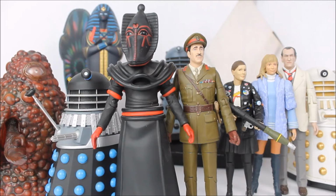Hello everybody and welcome to the 11th instalment of Doctor Who The Classic Series Action Figures A History. In today's episode we delve into 2013, the 50th anniversary of Doctor Who, as we take a look at the Classic Series action figures of the Forbidden Planet exclusive series, as well as a brand new line of Doctor Who